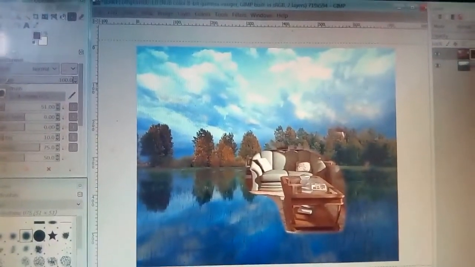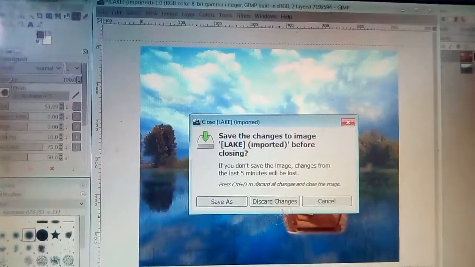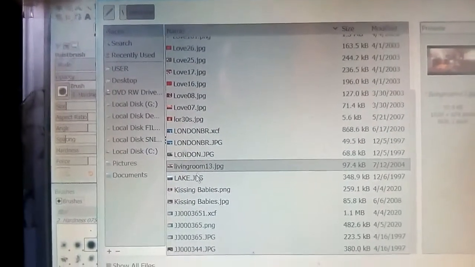Again I am showing you. I am closing it. First you go to the file, then open, and then you can select any one from here.